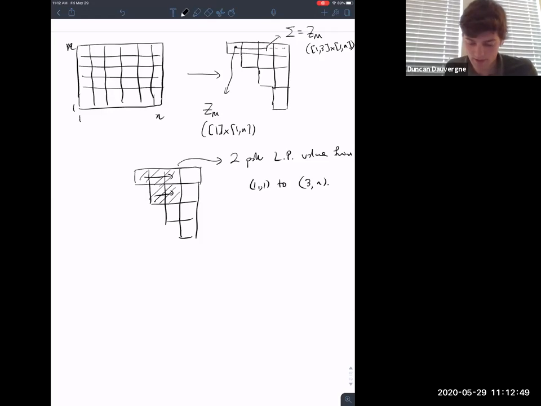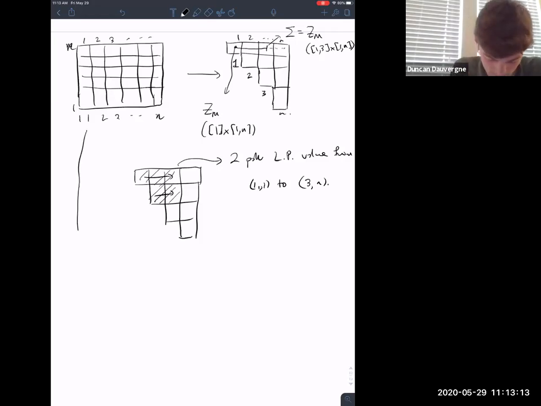But a nice way of thinking about this, and so what I claim is that if I identify all of these points here, so I have 1, 2, 3, and so on, you can think of this as shifting the bottom of your matrix up, and I'm going to keep the top of my matrix in the same place. Okay. And I'll let Lij be the last passage value,